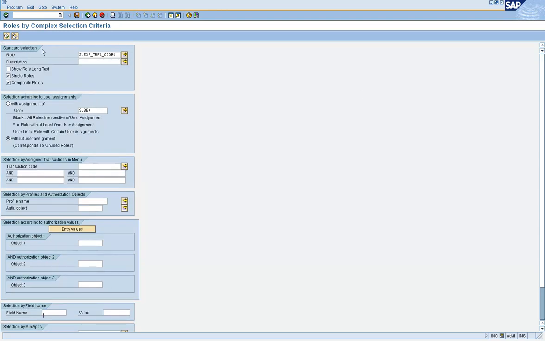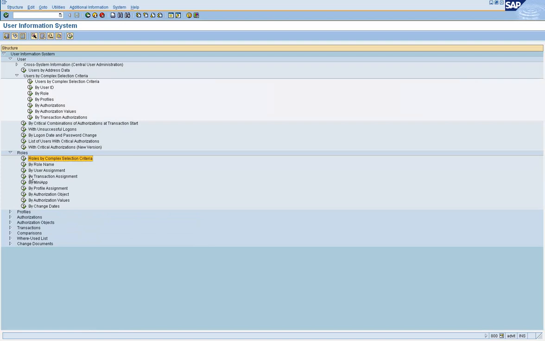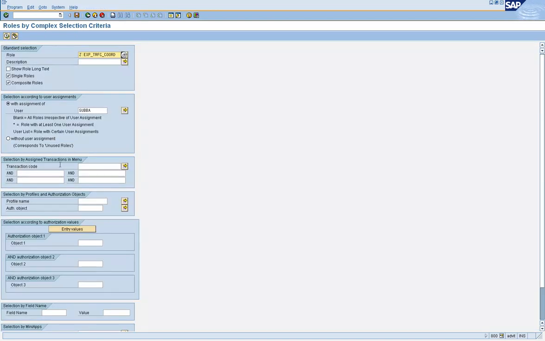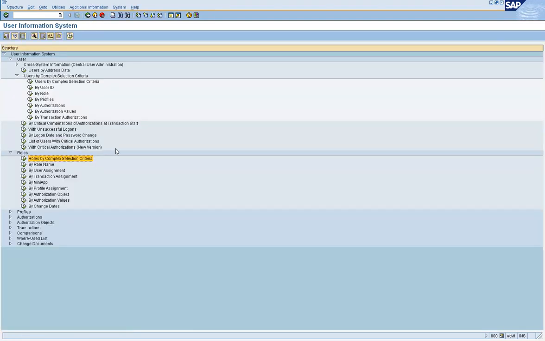So whatever you could do in the remaining options, you can do it from this one directly. So these are the options that you can use in roles to get the role related information.